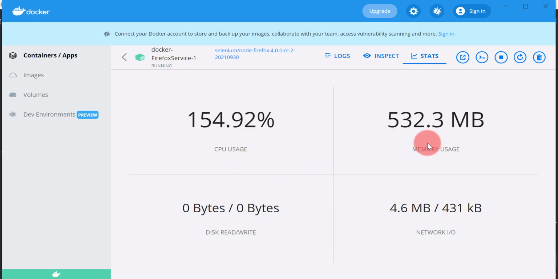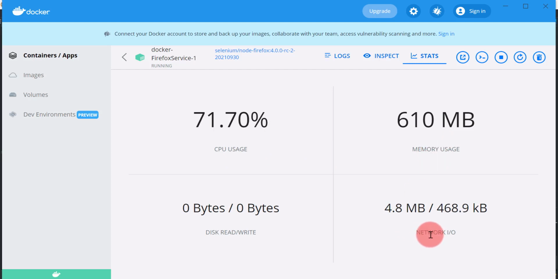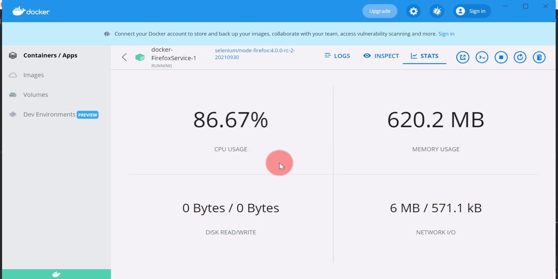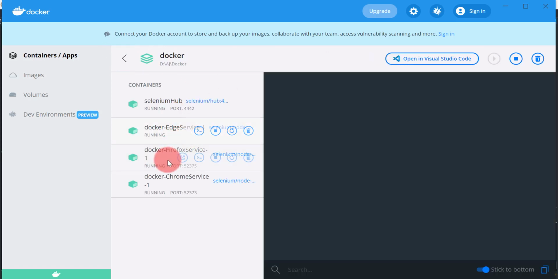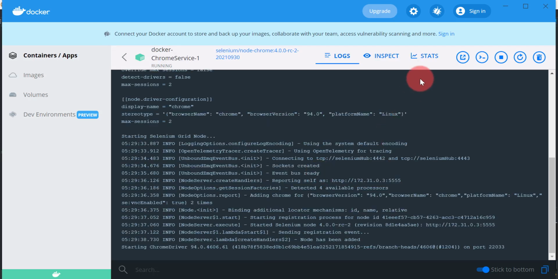It is using more CPU, more memory and network. Once the test case execution is done, it will come back to the normal level. This is for the Firefox service. Okay, I think test case execution is done on Firefox. And for Chrome also we can check the same.